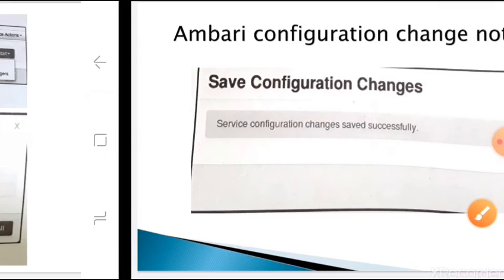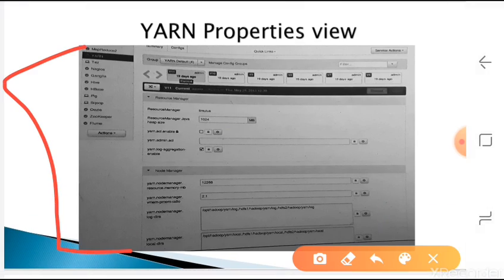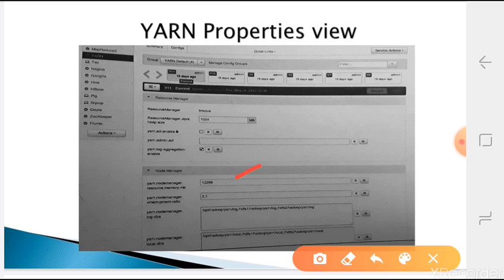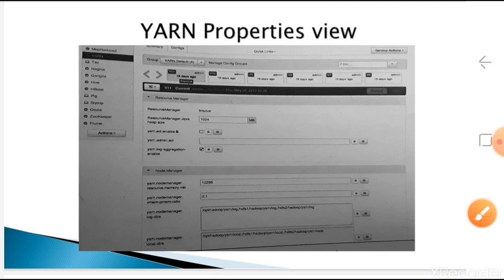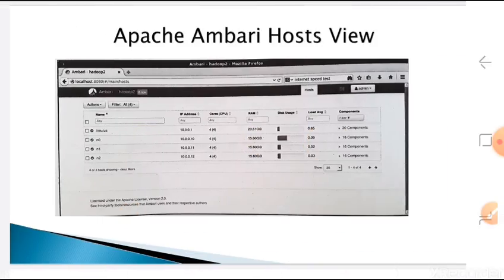Again, you will get the service first page, and this page will come with this disabled. Like that, whatever you want to change, you can change it. Just give the values here, and whatever values you give, it will take them, and depending on that it will give a pop-up. You have to click yes or no, then save the configurations. Instead of changing manually and running the entire Hadoop in a command prompt, Ambari will help to do these kinds of things.